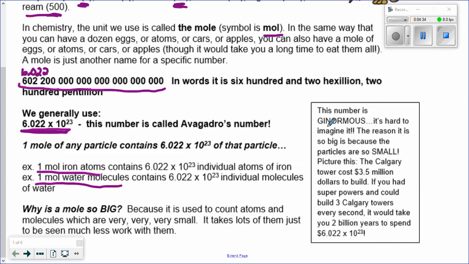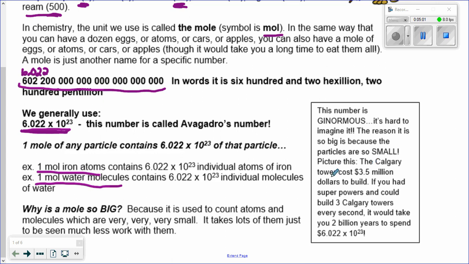So what it's saying here, this number is ginormous. It's pretty hard to imagine a number that's that big. The reason it's so big is because particles are so small. To talk about a dozen particles, that's still so obscenely tiny that it's not even worth talking about. So it says, picture this, the Calgary Tower